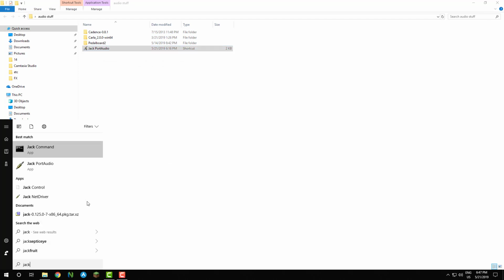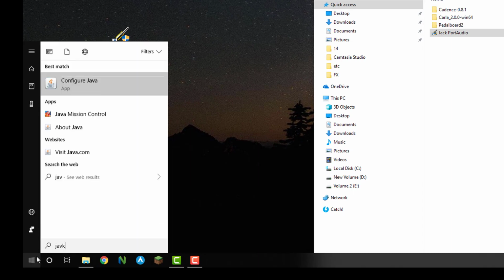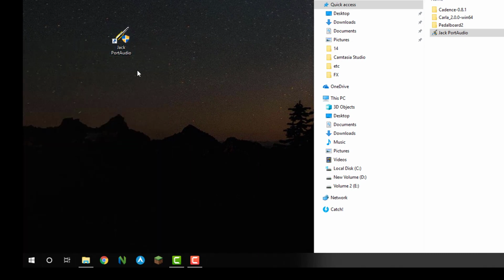router, by searching for it, and we'll find jack port audio. You can just drag that right from here onto your desktop, just exactly as is. I already have it there, I don't want to overwrite it. And then we're going to hit properties on it,